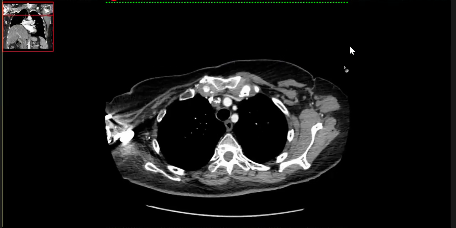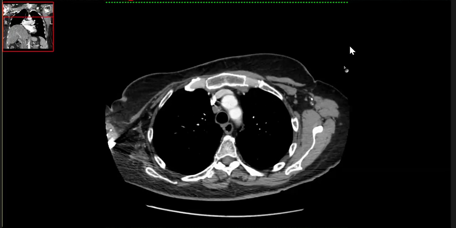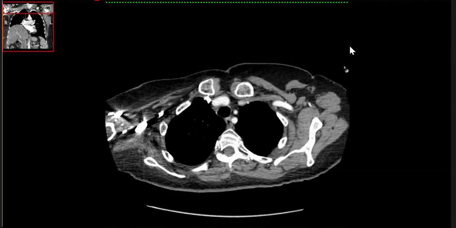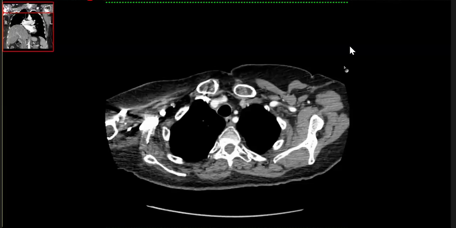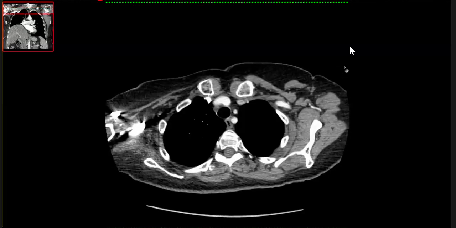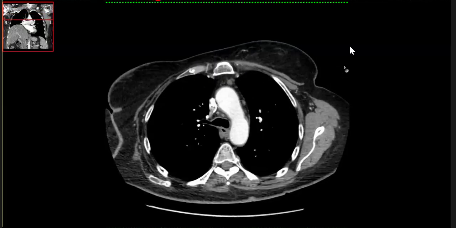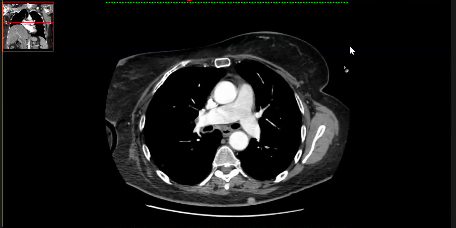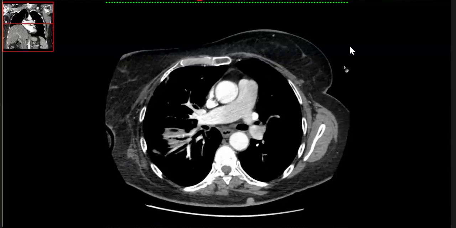There might be some narrowing or thrombus in the superior, in the right innominate. Don't worry about that. That's just the phase of contrast. Okay. So you have picked up that the liver is